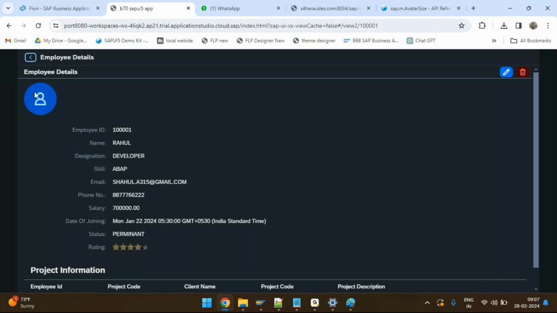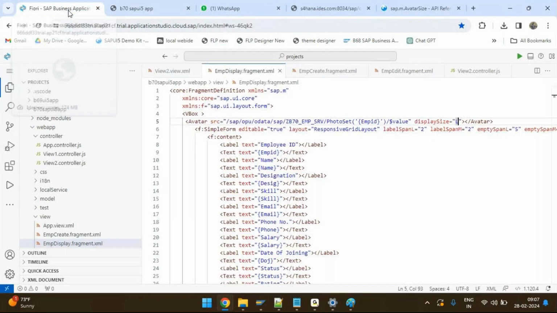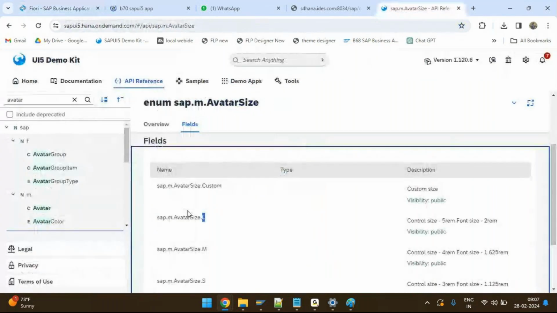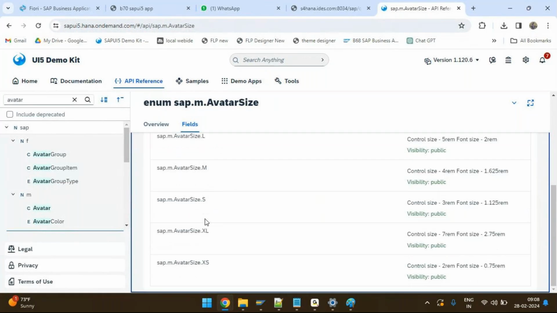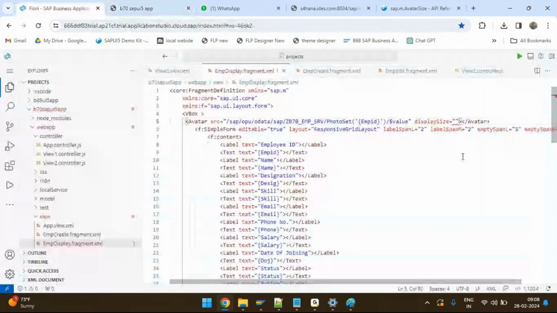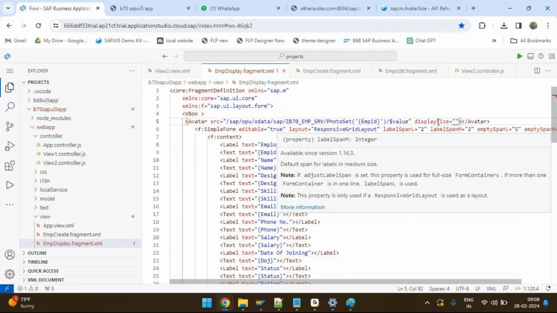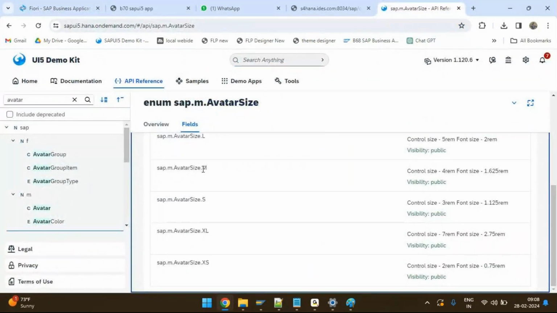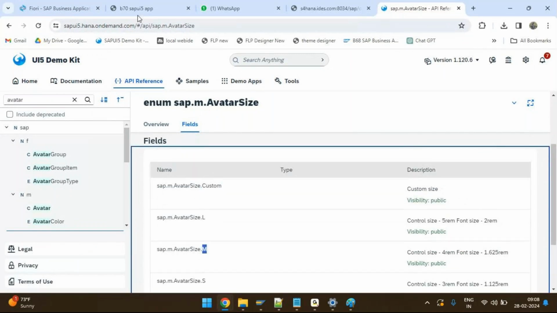Previously this got displayed, but why is it not getting displayed now? Okay, one second. Let me use... okay, so something is wrong with the size actually. Display size, if I am giving medium, something like that, then it is not working. If I assign the medium,